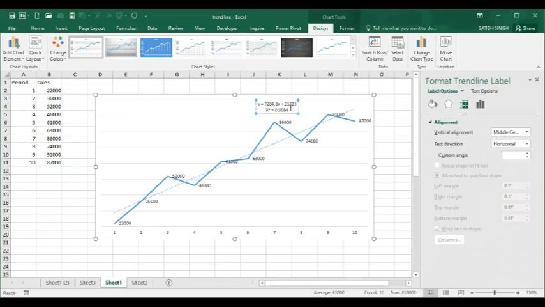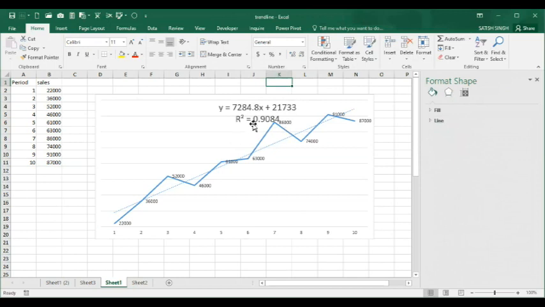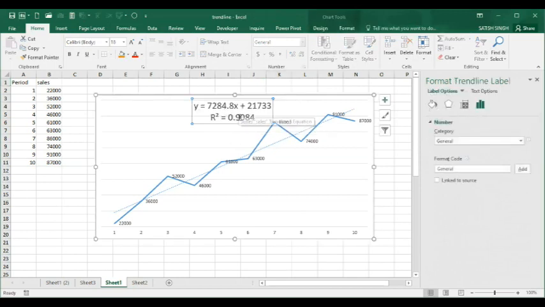So here we can see, let me increase the size so it is clearly visible to you. Here it is 0.90. R square is 0.9084, meaning 90% of the items can be explained by using this model, where the value of y is 21733 plus 7284.8x.